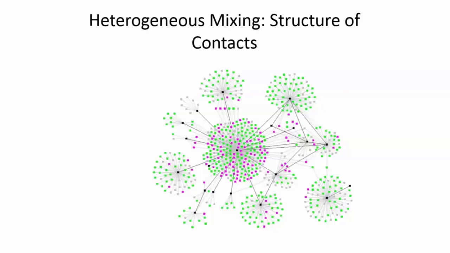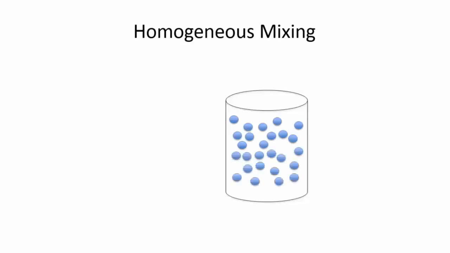We will go into detail about epidemics on social networks, or infectious diseases on social networks, at a later time in this class. But I would like to mention heterogeneous mixing because the other type of mixing, which is the one we will start with to write down some equations, is mixing that is not heterogeneous. It's called homogeneous mixing. So this is a context in which you may think of individuals in the population as represented by some particles,